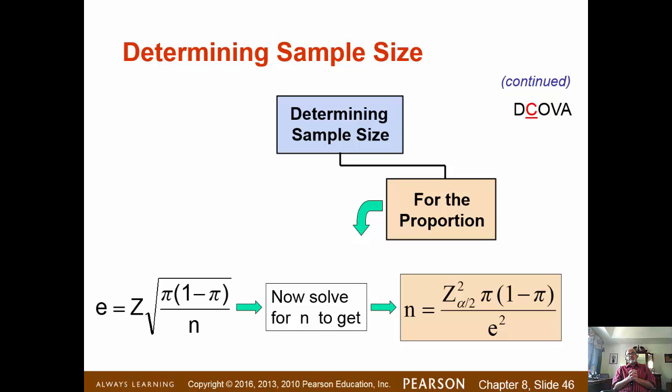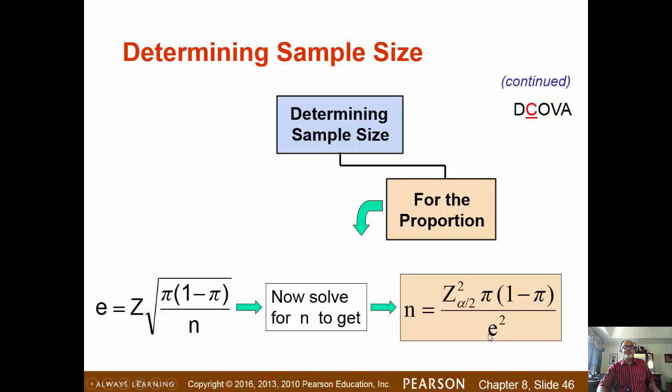How do you determine sample size for a binomial population? Well, in a binomial population, the procedure works pretty much the same way, where the margin of error equals z times the standard error of p. Now you exchange terms and solve for n, and you get z squared, then pi times 1 minus pi, divided